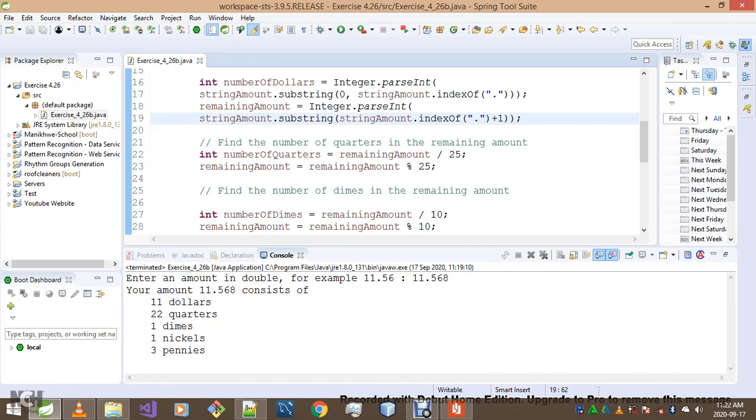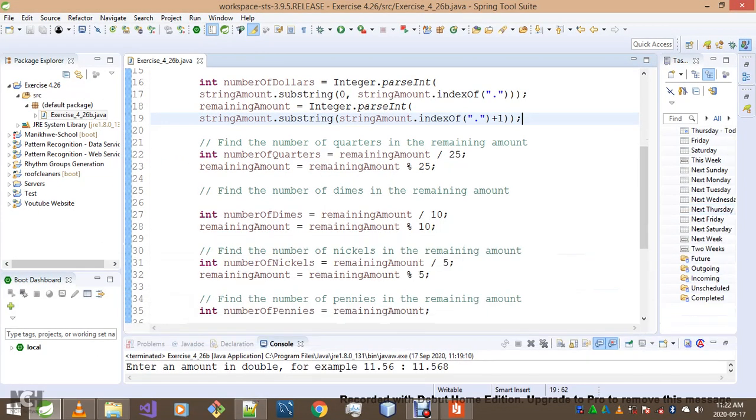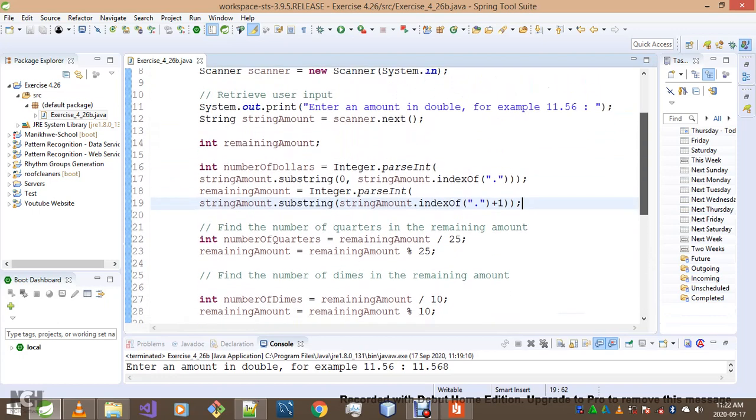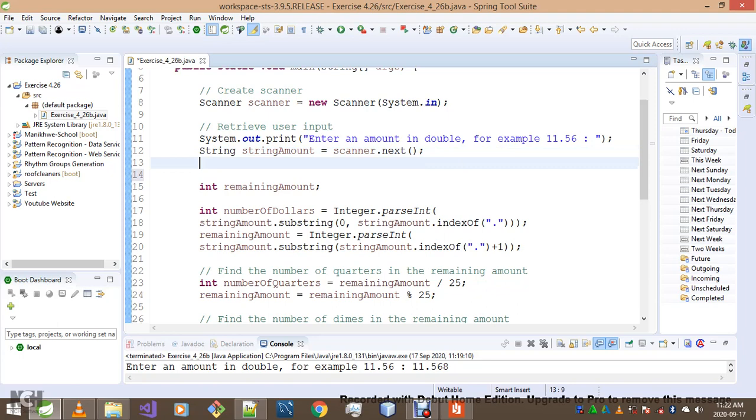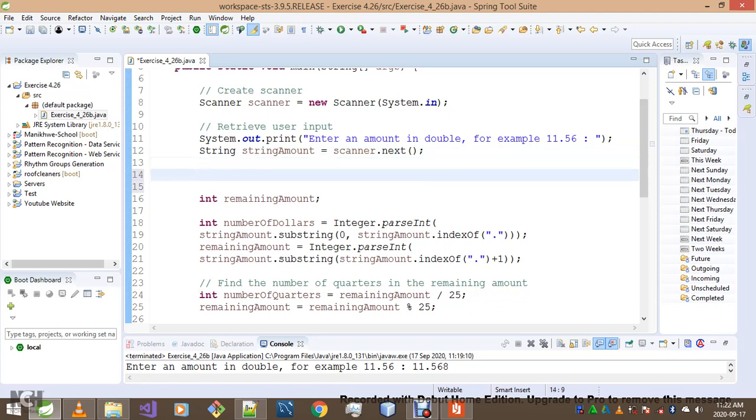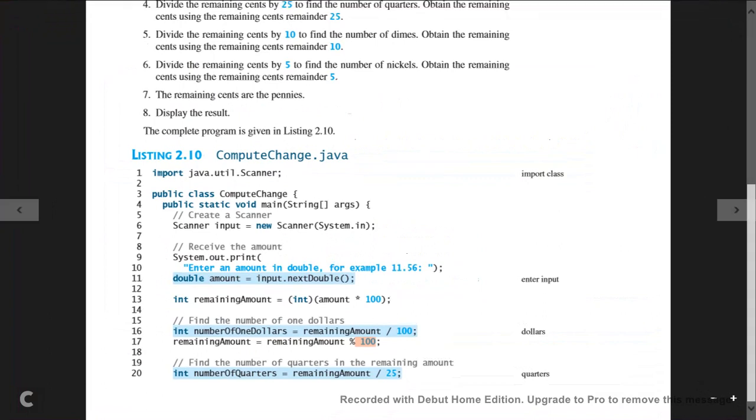So if we were doing it in this program here, you see our string amount is a string. So instead of using mod 100 on this remaining amount, you would go